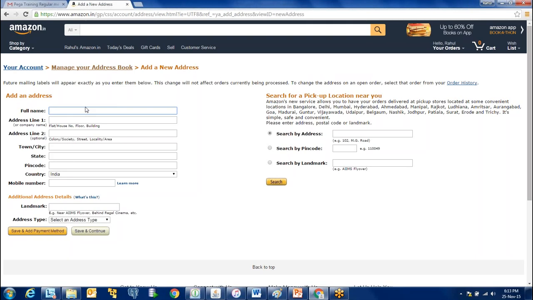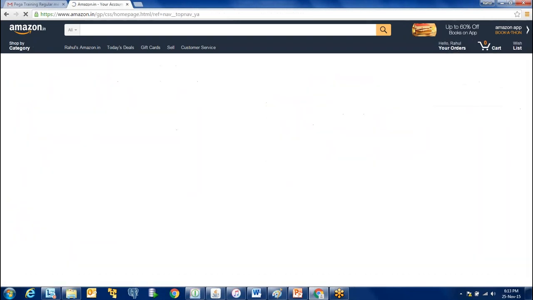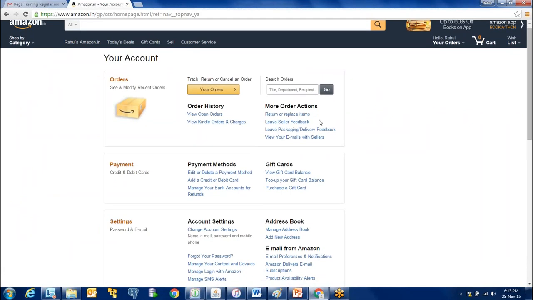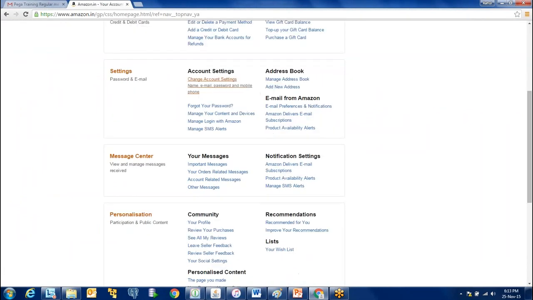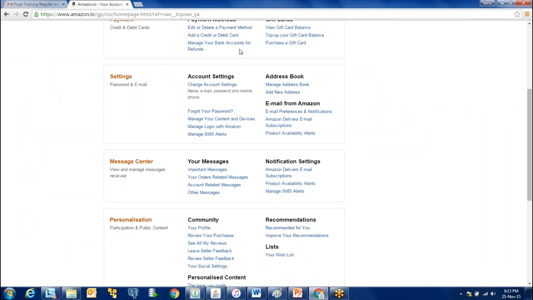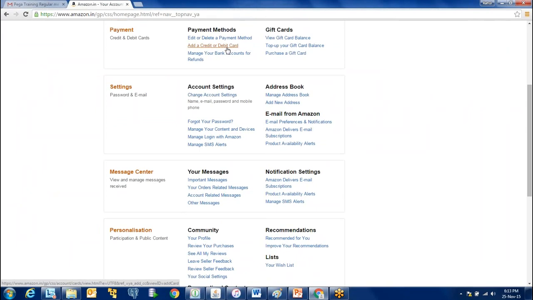If you see the internal functionalities, you have different features here. If you go to your account, I have edit, add a card. All these different functionalities are there. Although these are all simple 1 or 2 step tasks, if you see here on this screen, there are at least 20 to 30 tasks. In order to maintain and manage them, you need a BPM solution, that is a business process management solution.